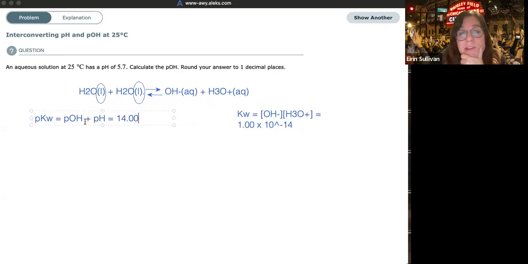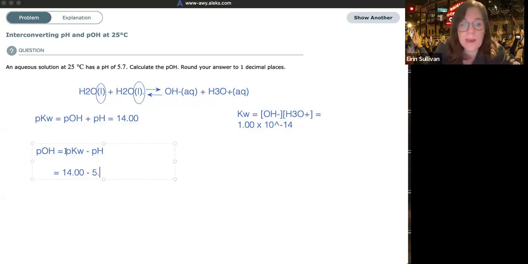So we can use this to calculate pH if we only have pOH, or vice versa, pOH if we have pH. It'll be very useful later on when you're working out ICE tables to work out the concentration of hydroxide generated by a weak base, but you've been asked to calculate the pH of the solution. Okay, so we can rearrange. We're asked to calculate pOH, so let's just rearrange this expression. pOH is pKw minus pH, and we know the value of pKw is 14. So this is just going to be 14